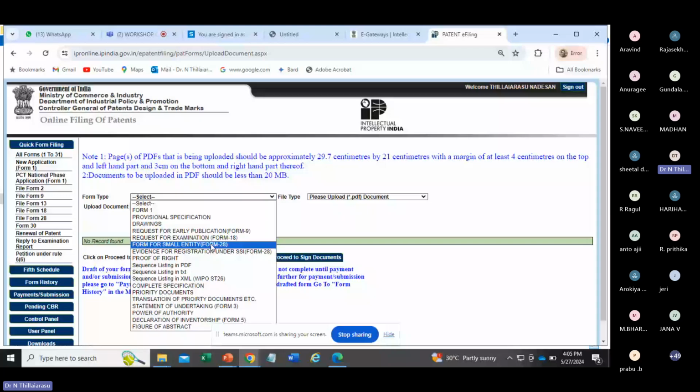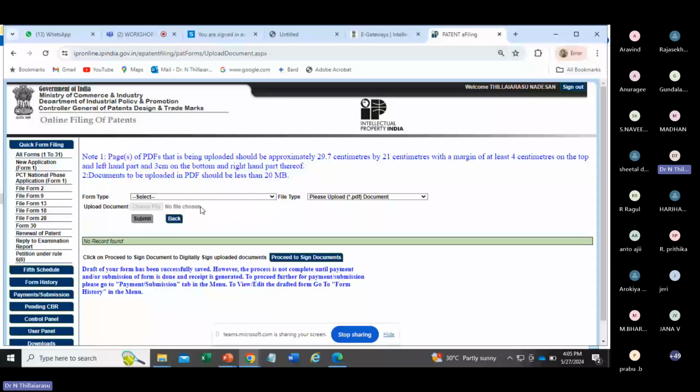You are supposed to provide the evidence of registration under SSI, form 28, that is for small entity, the proof of right, the sequence list in PDF, list in text, and the complete specification and priority document, translation of priority document, statement of undertaking, power of authority, declaration of inventorship, and a figure or abstract. So this many things you have to upload, and finally you do the digital signature. Finally you are done with the payment.